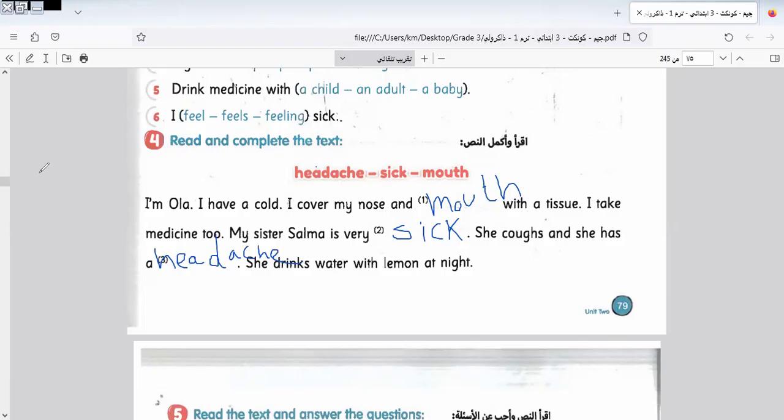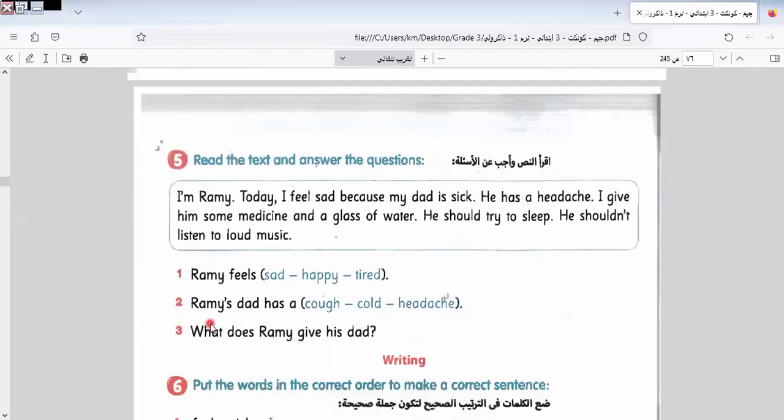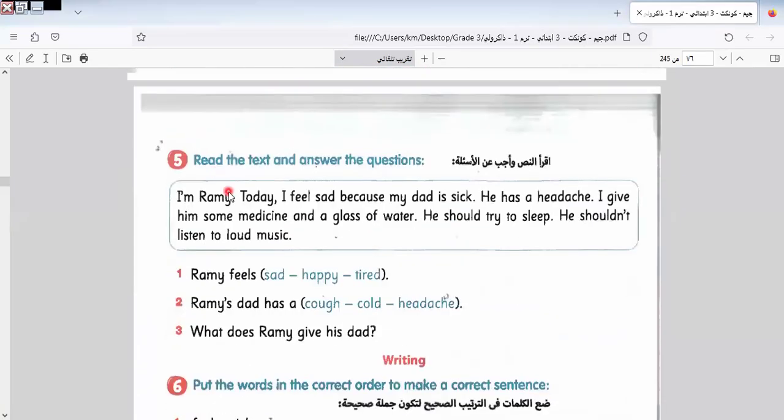We will go to the comprehension passage, the important part. I would like to say something related to this part of the question in the grade 4 exam. You must read the text very well because we have hidden meanings. You must read carefully before you answer the question. Let's read it together and answer the questions below.